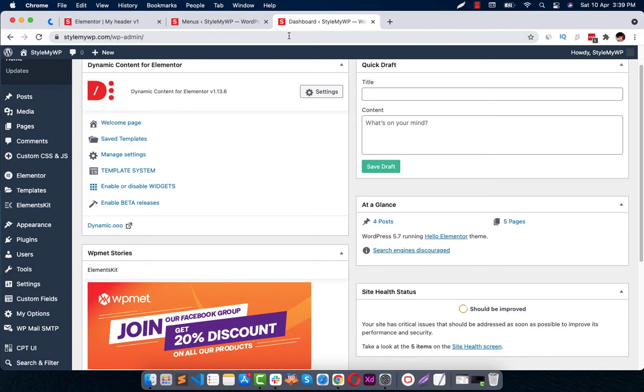And apart from Elementor Pro, we are also going to use some other toolkits and extensions, or you can call them add-ons, to enhance the functionality of your headers and footers and to add some more functions into it. About them we will talk later in the video, but first let's start with Elementor Pro. But let me show you what we are going to do.